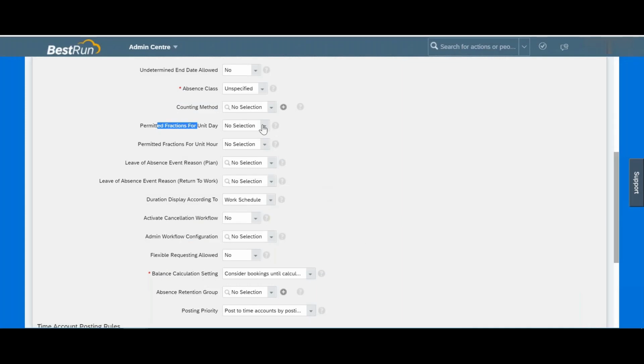Permitted fraction for unit. Can you take this leave only for a full day, or can you book it for half a day as well, or for a quarter day as well? You will see some leaves you can only book for a full day, not for half a day. Whatever unit you choose at the top, that only you have to work on. The other one you will have to skip. So I chose day as the unit, so I will specify only full day. Let's say, for an example,